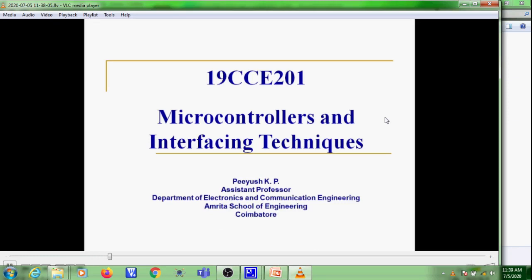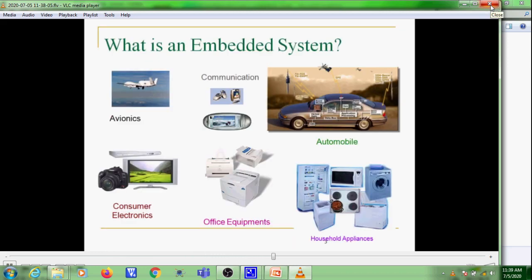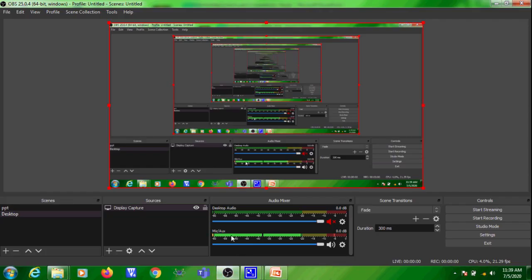In the taskbar, click on Alt T. So now your recording has been started. Now you can change the screen, and whatever you need to talk, you can keep on talking. So this is how you are recording a PPT or whatever screen, whatever you are doing on the desktop can be captured.